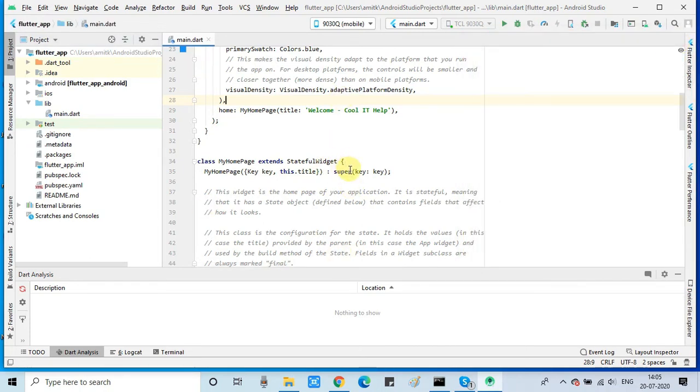That means we are connected to the device and that error of ADB is resolved now. Okay, now we are good to go to run this demo application on the device.